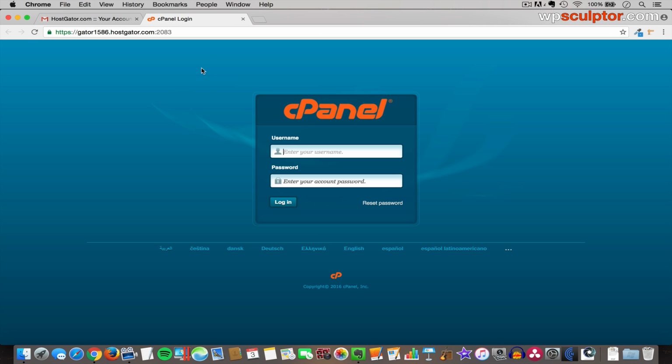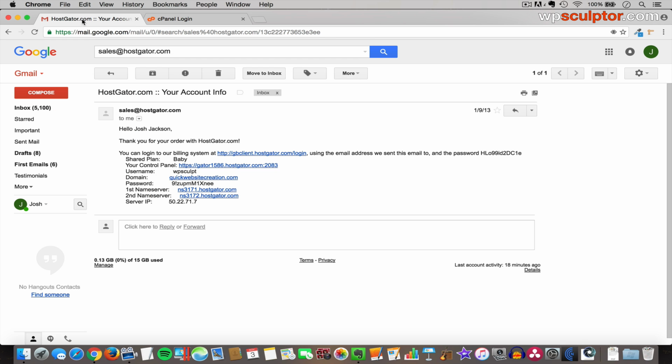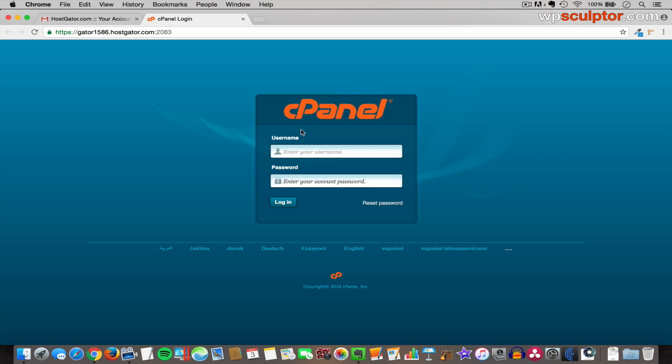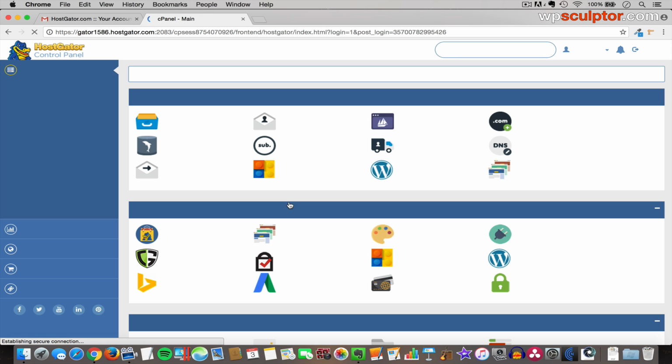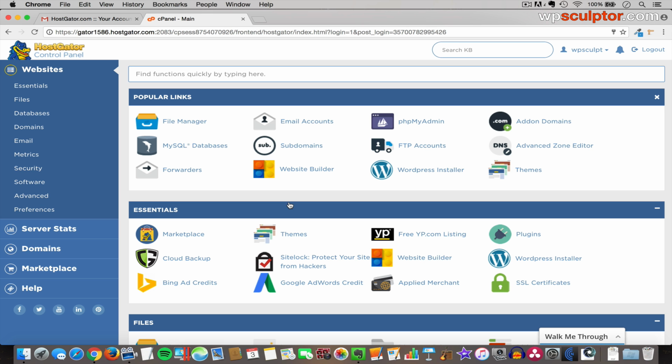And that's going to open up in a new tab, and then we'll switch back to the email to get our username, and we'll copy this password. And be sure not to get any additional characters. And we'll go back and we'll log in to our cPanel. And of course I've changed my password, so I'll just type that in. And this is what the brand new cPanel looks like. If yours looks a little different, you may be using the older version, but you should still be able to